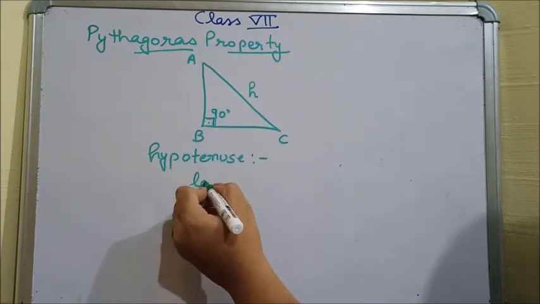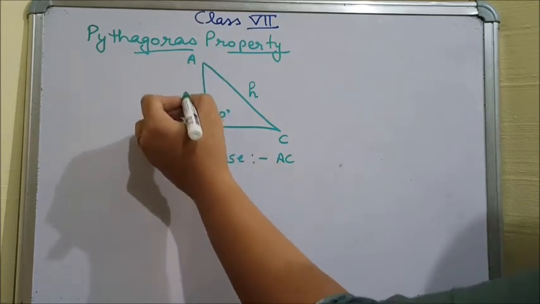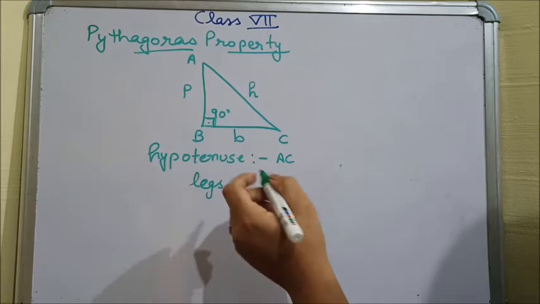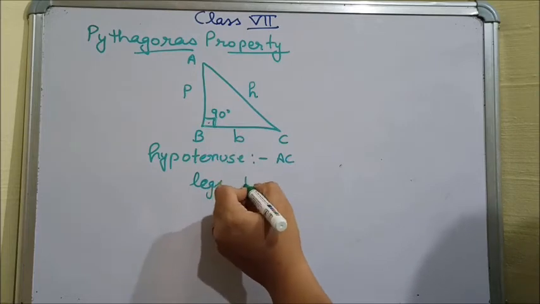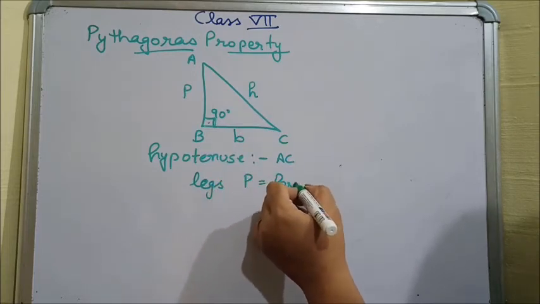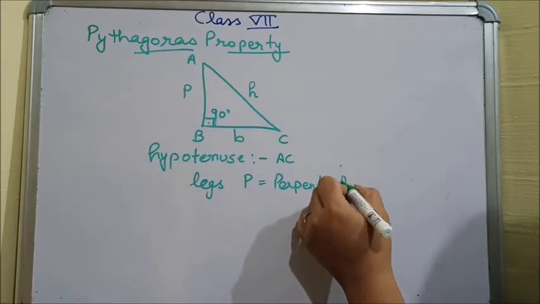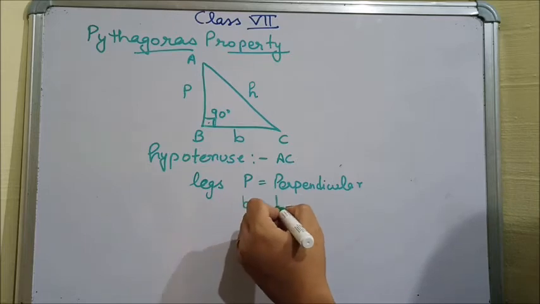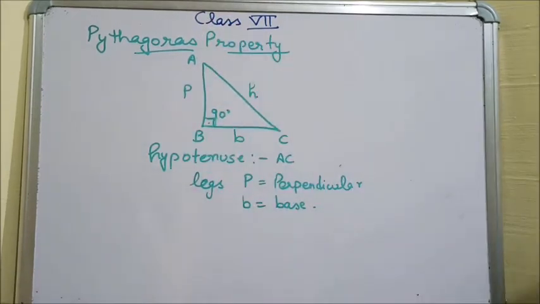as legs, or this is known as perpendicular, this is known as base, which are represented by small p and small b. All the terms that we are defining right now, hypotenuse, perpendicular and base, you have to represent with small letters. P is perpendicular. Perpendicular means, as you all know, the line segment that makes 90 degrees with the base. And b is for base. And hypotenuse is the side opposite to this 90 degree right angle. So these are the terms that we will be using here.